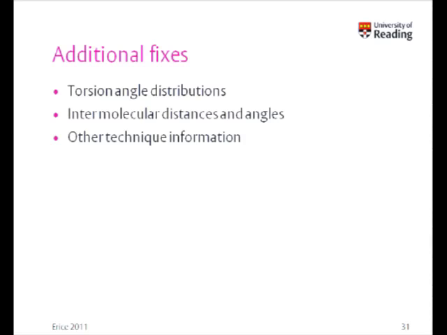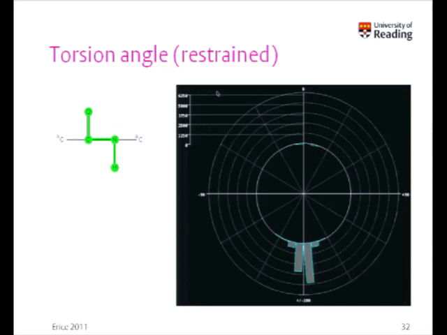But if you find that you want to incorporate some additional information into your structure determination, it can be very helpful to know how to adjust these internal coordinates. And here are some examples of where it might be useful. If you're using torsion angle distributions of the sort that I showed earlier on, you could apply some sort of constraint to an individual torsion. You might use some intermolecular distances or incorporate, as Lynn had mentioned earlier on, information from other techniques. So here's a few quick examples of that.